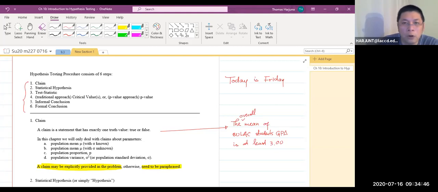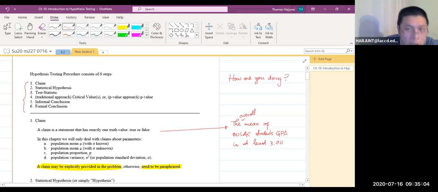Okay, now the following is not a statement. How are you doing? That's a question, that's not a statement. Even though I understand some questions implicitly carry some statement. If somebody asks you, how are you doing? Of course, at least that person cares, right? But this sentence itself is not a statement, it is a question. So there's no truth value in that.